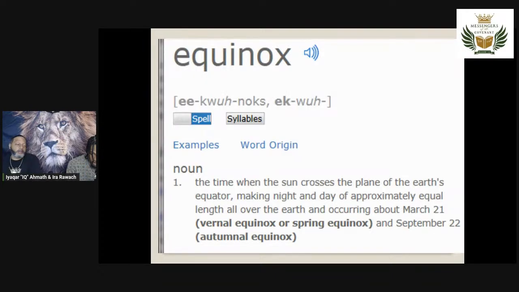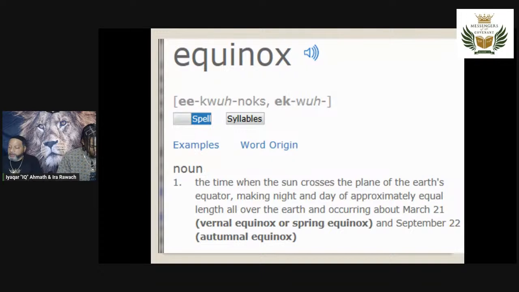So the equinox, that's what determines our spring season. The spring equinox, even in Spanish, they call it primavera. That's the springtime. The equinox is what determines our spring. That's what we look for when it comes down to observations of the Passover, which is the first month of the year. Before we go there, give me Leviticus 23.